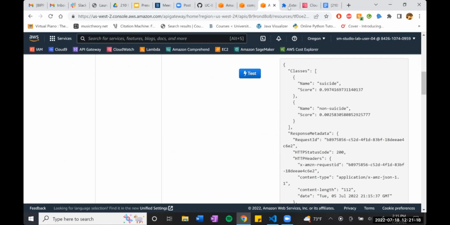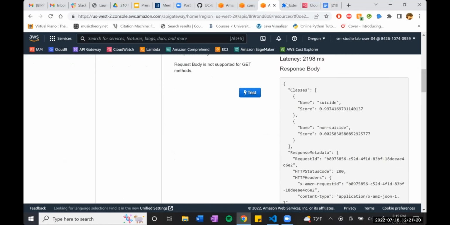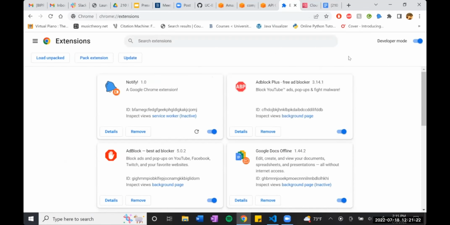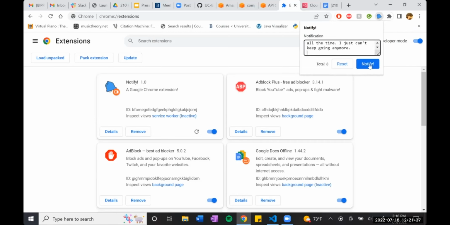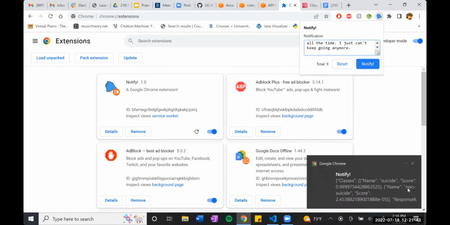So now I'm just going to show how it works on the actual extension. Basically, if you go into Chrome extensions and you choose developer mode, it allows you to upload your own source code. Right now it looks like this, but we're going to do that. So basically right now we just have it so that we can input text into a notification field. And when you click on notify, as you can see here, it sends a little notification in Chrome, and you can see again that it's classified correctly as